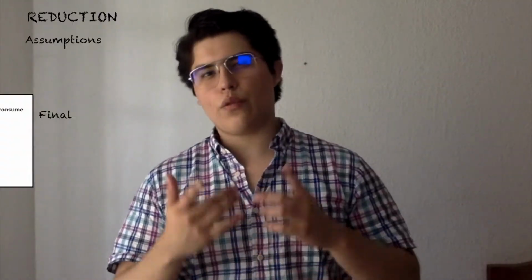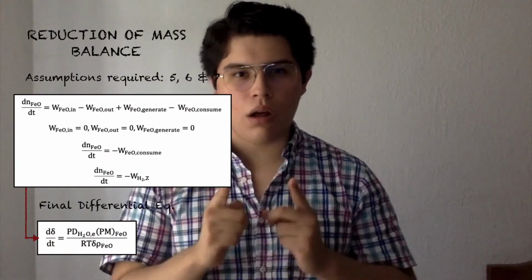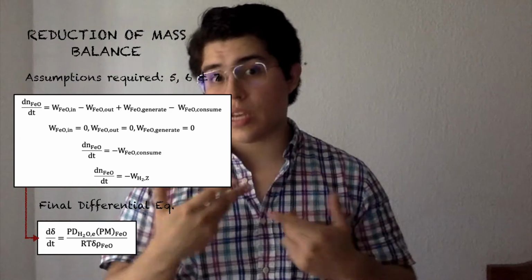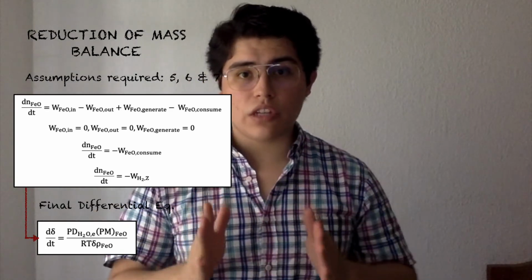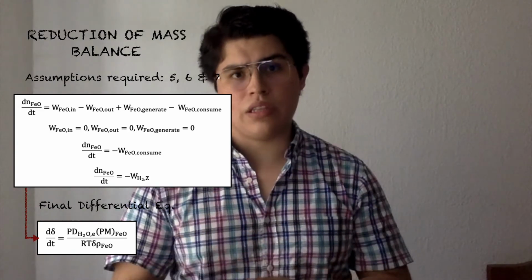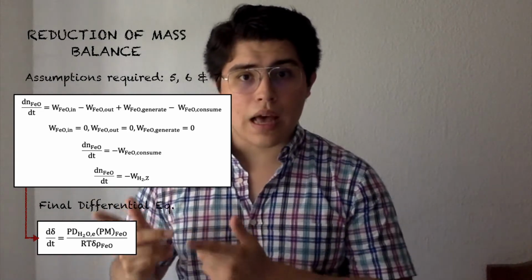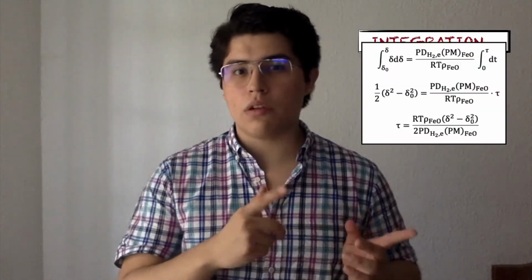On the other hand, if we call the general macroscopic mass balance for iron oxide through the non-porous bulk material and we take into account assumptions 5, 6, and 7, these equations can be reduced to the first-order differential equation that describes them, where time is the independent variable and delta, the interface location, is the dependent variable. Integrating from 0 to tau, a parameter that I define for time, and delta equal to 2 cm,